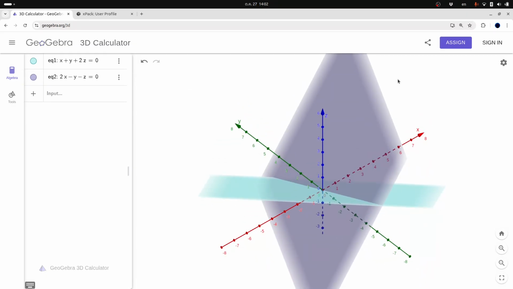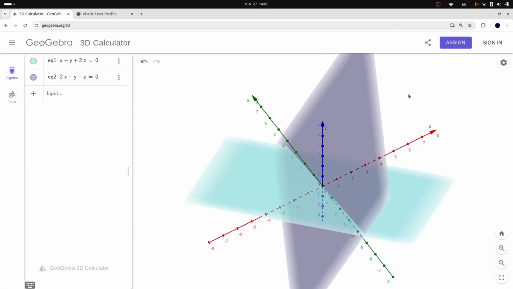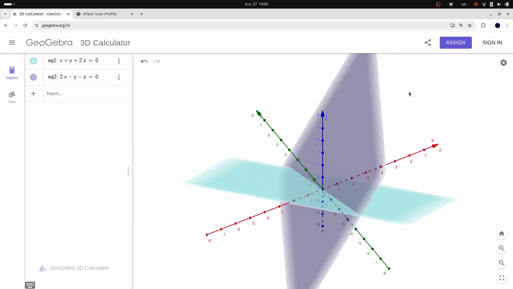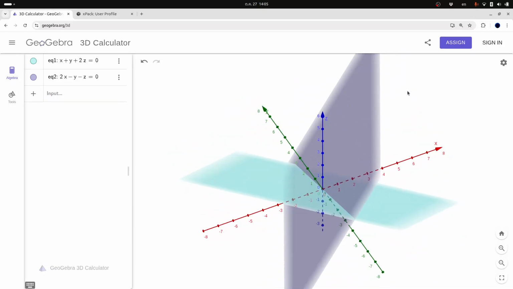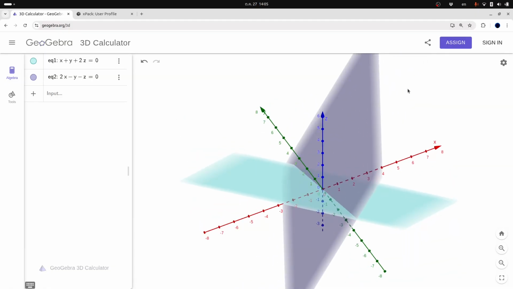if I add another equation, this equation alone has a set of solutions to it, that looks like this plane. Now we have two planes. The three axes are basically the xyz axes, so you can turn it around so that you can view these two planes.